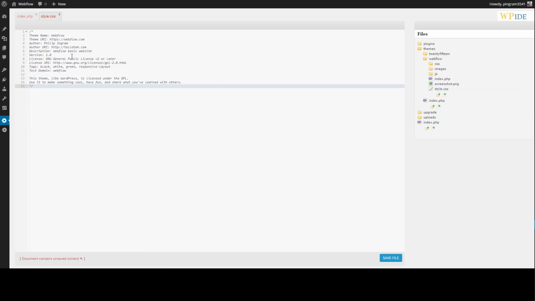For example, the theme name. Some of the other optional information would be the author information, some of these URLs. We have a description. I've added some version information, licensing. A lot of this I just stole directly from the 2015 theme that comes with WordPress. And once we save this here, we should now see our theme